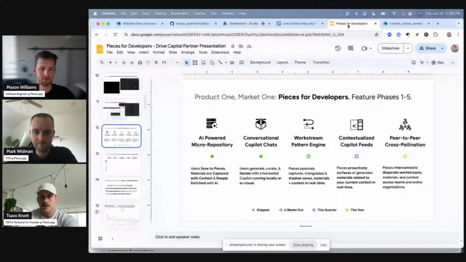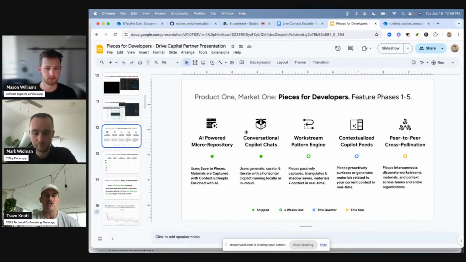I mention this oftentimes on one-on-ones, and I kind of keep it in the shadows in the public forum, but we're actually very, very on schedule for some of this stuff. So I'm excited to show you, but to recap, phases 1 through 3 are all about saving to Pieces. Humans save to Pieces, Pieces saves for you. You can obviously have a conversational experience with Pieces, but quite honestly, I think conversational copilots are a bit laborious. You've got to type out your question, go back and forth, and wait on a response. So for us, we said, what does the next evolution of all of this look like?